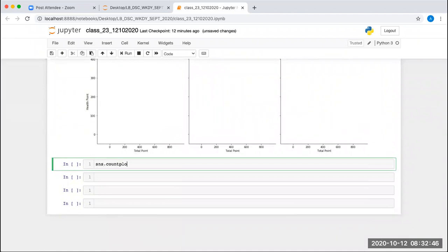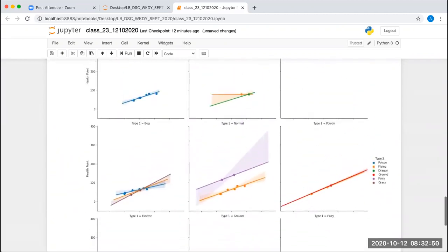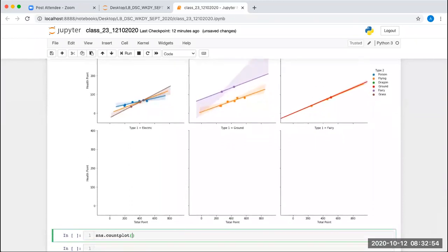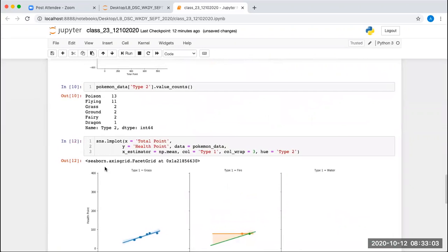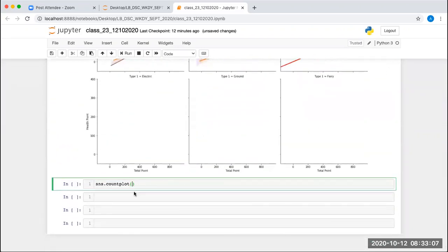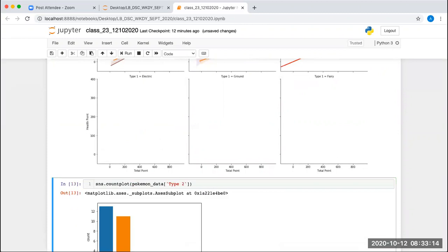If you want to see that, you can use sns.countplot. What do you want? You want the count of, let's say, type 2. You will write type 2 here.